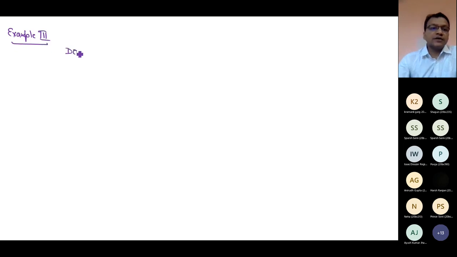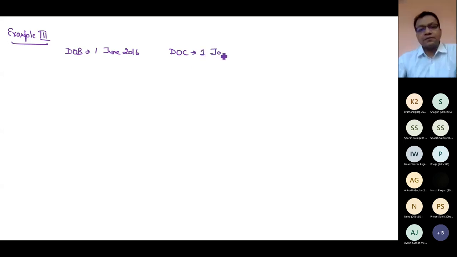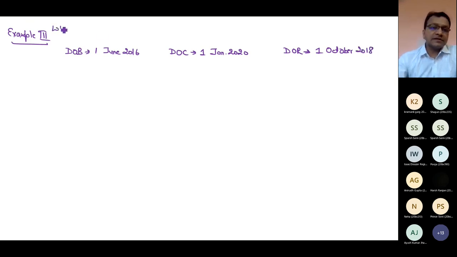So I'm not changing my date of borrowing, which is 1st June 16. I'm not changing my date of completion, which is 1st Jan 20. But I'm changing my date of repayment. And do you know what date of repayment I'm writing? 1st October 2018. So now I can say that this is the case when DOR is